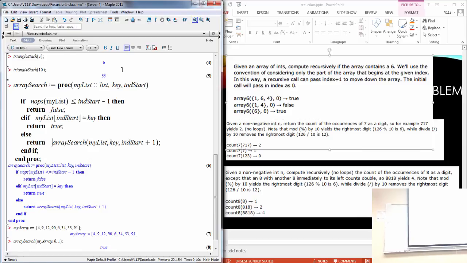So you should always return count. Yes, Steven, good. So you did the first one, right? So n mod 10, if n equals 0, then return 0. If n mod 10 equals 7, then return 1 plus the recursive call, else return 0 plus the recursive call. Good, yes. Yay, Steven!